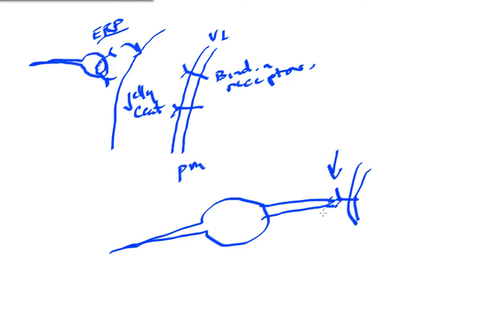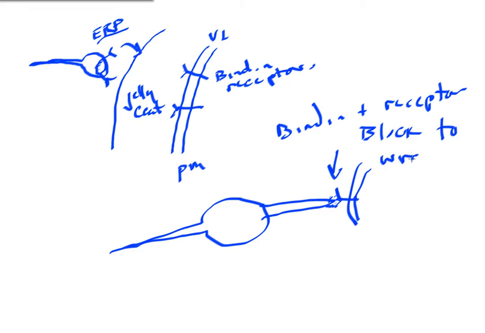This is a very species-specific relationship. So the bindin and receptor is a very successful block to wrong-species or cross-species fertilization. The jelly coat interaction was also a block to cross-species fertilization, but a less vigorous one,